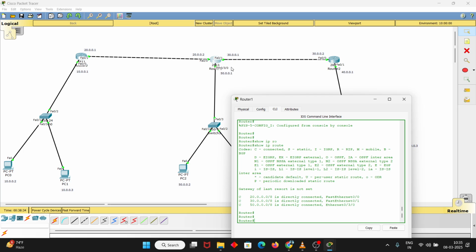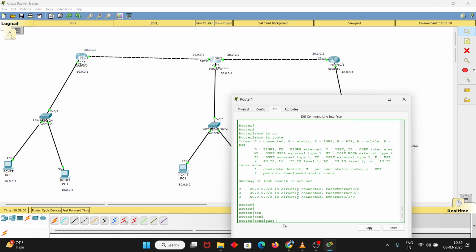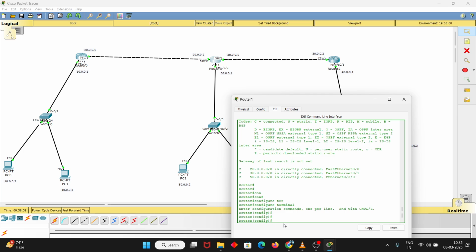For this router 1, okay, this is router 1, this portion is connected, this portion is connected, and this portion is connected. So we have to just configure routes for 40 and 10. Okay, so now get back into the configure terminal privilege mode. Now in privilege mode, IP route